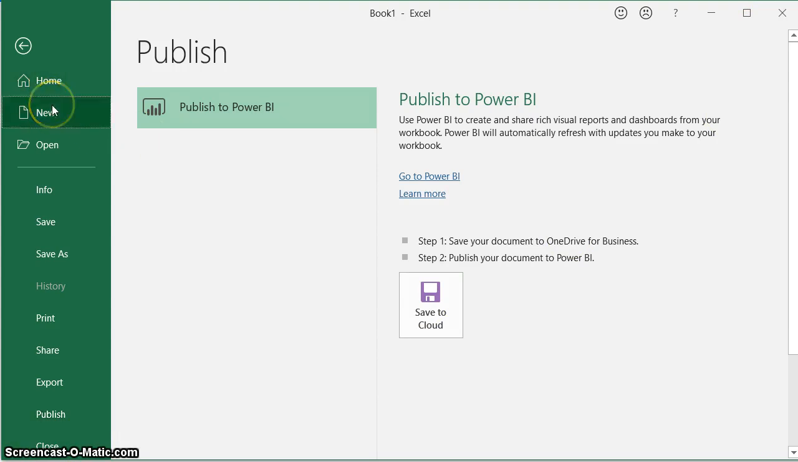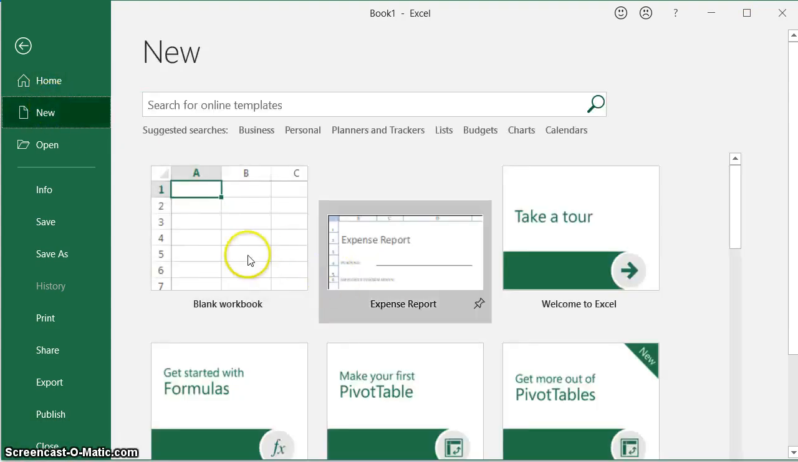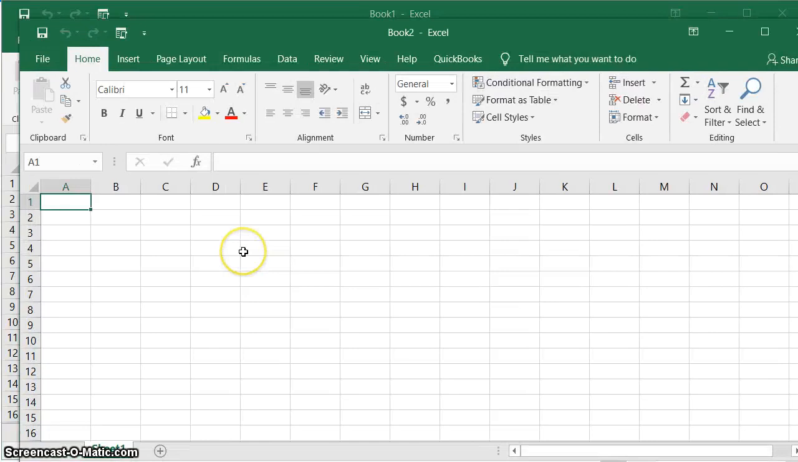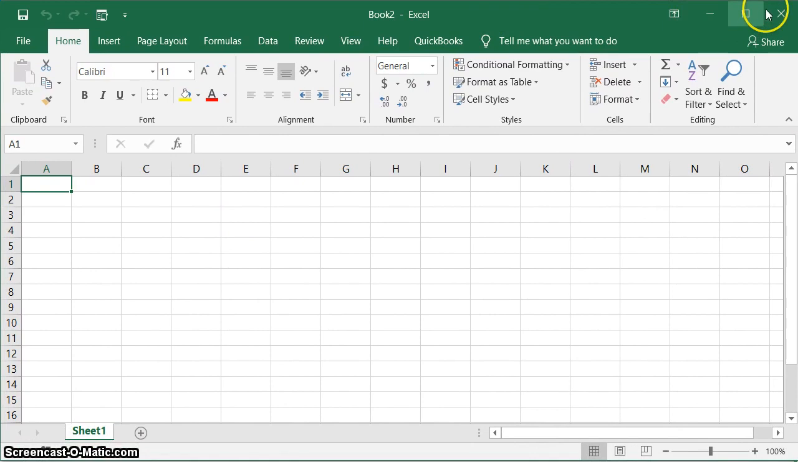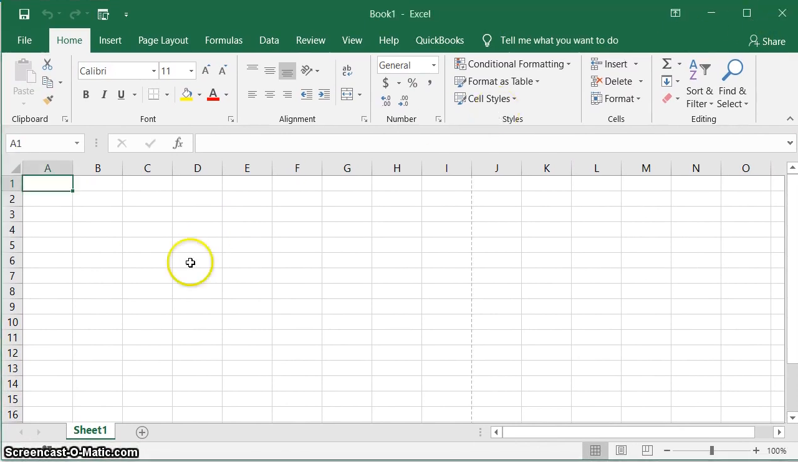Okay, so let's go to new and pick a blank workbook where I try to explain the interface. So this is my blank workbook. I already have Book1, so let me close one. And let me use this opportunity to explain the names